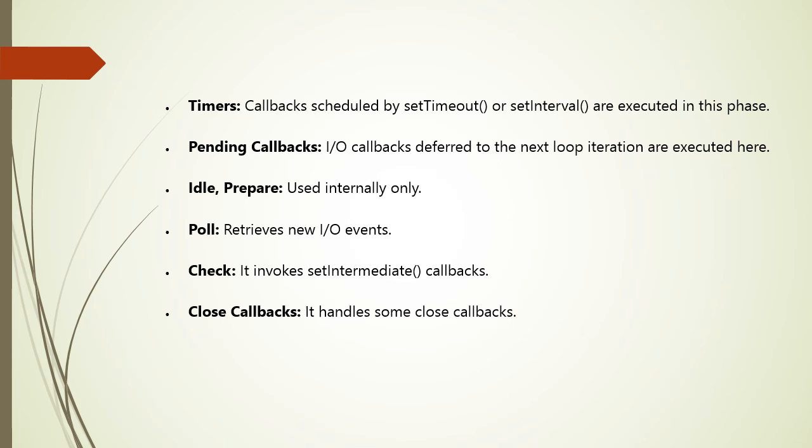The first is timers. Callbacks scheduled by setTimeout and setInterval are executed in this phase. A timer specifies the threshold after which a provided callback may be executed, rather than the exact time a person wants it to be executed. Timer callbacks will run as early as they can be scheduled after the specified amount of time has passed. However, operating system scheduling or the running of other callbacks may delay them.